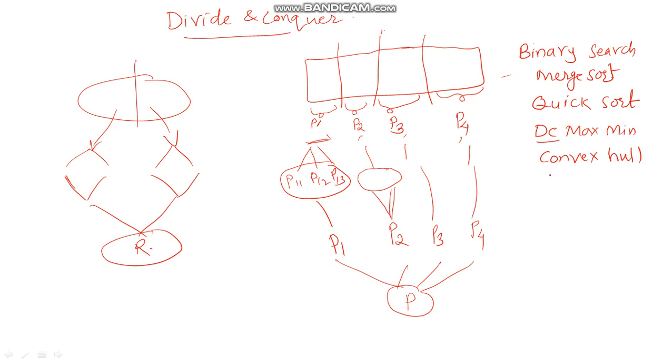We have another algorithm called as selection algorithm. This is not selection sort, but it is selection algorithm wherein we are interested in finding out kth smallest element. So as we find smallest element, instead of that I want to find out kth smallest element. Then we have Strassen's matrix multiplication and many more. There are many of the problems which can be solved, and we have different algorithms for that. So let us move ahead, and let us try to know more about the merge sort. Let us move to the sorting technique merge sort.